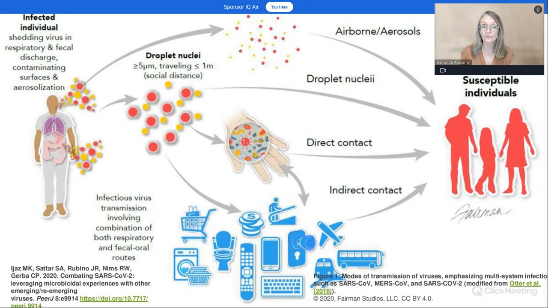All right, so this is just a very good graph here. We don't need to just be concerned about respiratory illness, although we should be. We have other types of transmission of infection that can occur in a dental practice, where those bacteria, viruses, even fungi can become re-aerosolized because we're in an environment, again, that generates aerosol. So when we're looking at this graph, we're talking about an infected individual. This infected individual that walks in our dental practice might be a carrier. They may not even know they're ill. They may be shedding virus